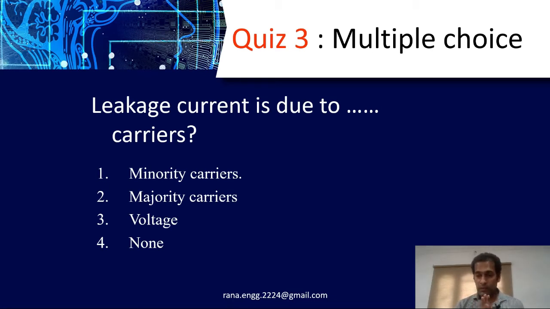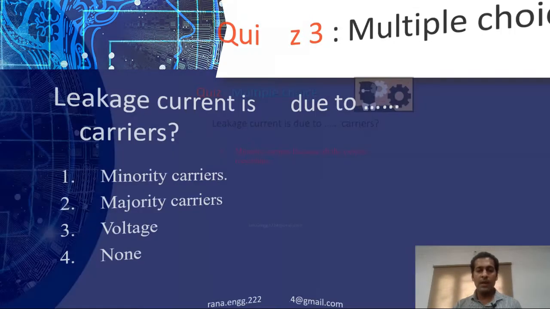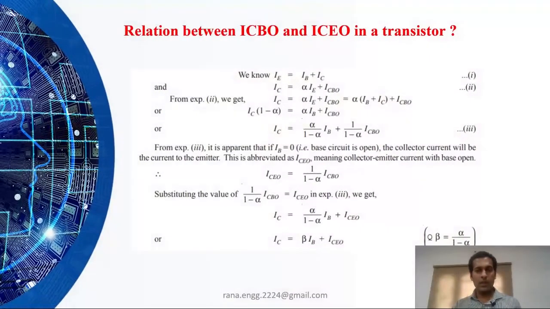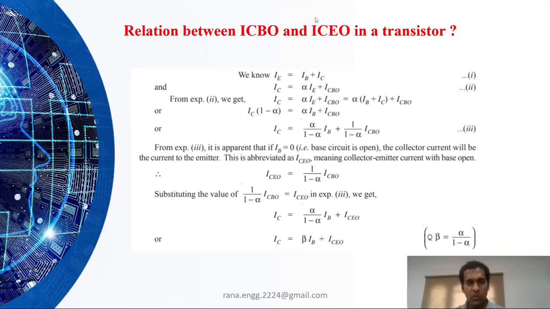We have two currents, the main current and the small current. The main current is of course due to majority carriers. What is leakage current? Is it a small amount of current or a heavy amount of current? Leakage is something which is unwanted. It should not exceed beyond the limit. Your time is up. The answer is due to minority carriers. Minority carriers will cause the current.